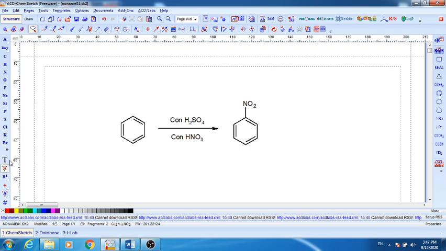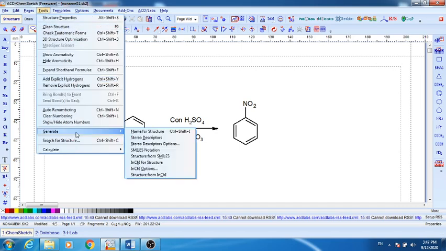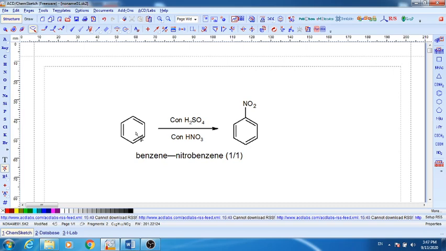You can write them with the text, but let me show you one more easy feature. I will go into the tools, and here you can see generate name for the structure. I have not selected the reactant or the product, that's why the general name, benzene to nitrobenzene, is automatically pasted.